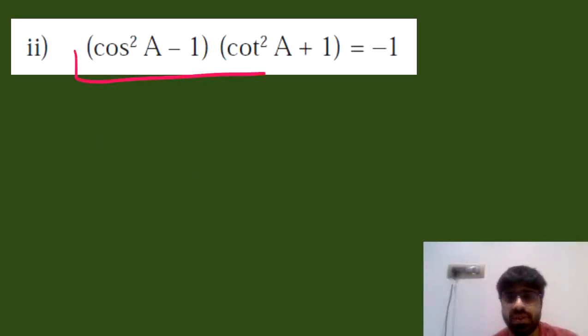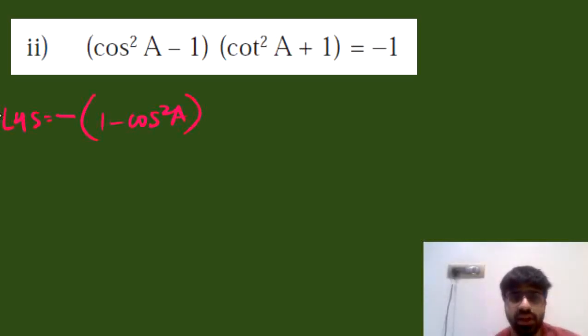We have this thing on the left hand side, and on the right hand side we have a minus 1. So cos square a minus 1. Well, you can think of cos square a minus 1 as basically minus of 1 minus cos square a. So that's your left hand side that we are solving, into cot square a plus 1. 1 plus cot square a, that is basically equal to cosec square a,